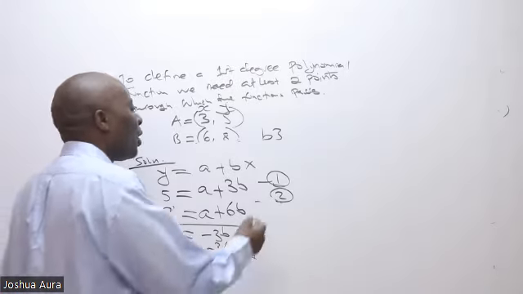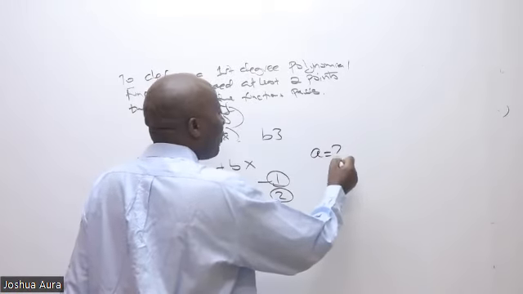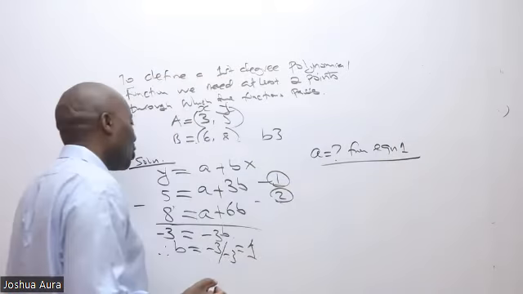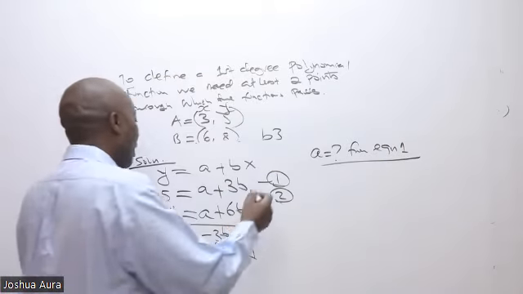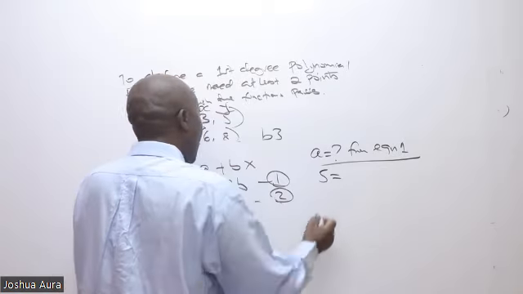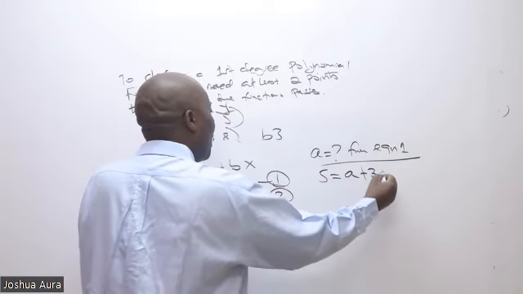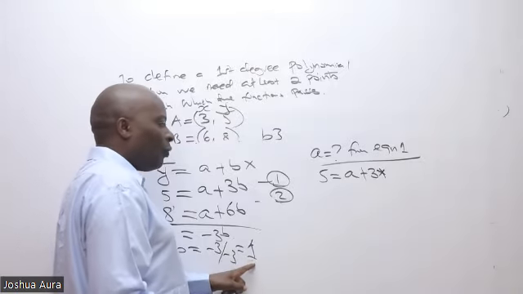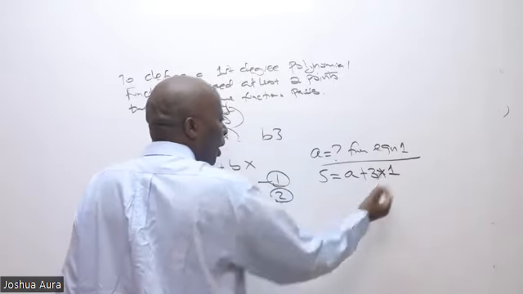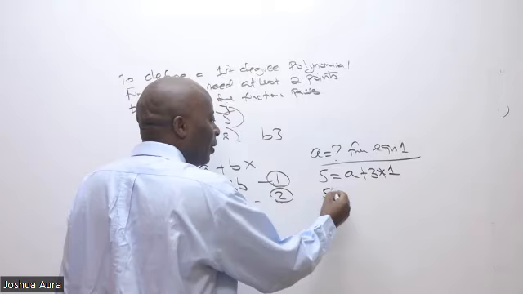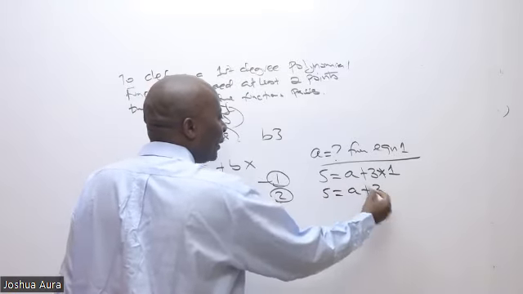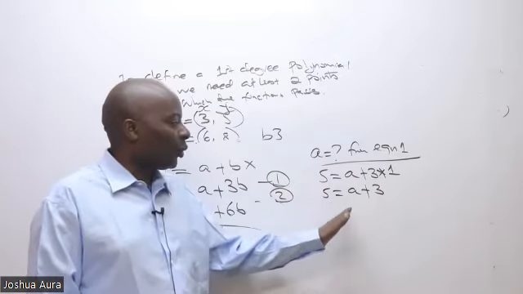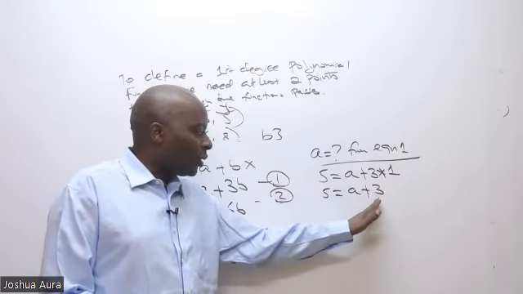What is the value of a from equation 1? From equation 1, we have 5 equals a plus 3 times b. Fortunately, we know the value of b now. The value of b here is 1. So we have 5 equals a plus 3. Then this 3 is a constant which has to be